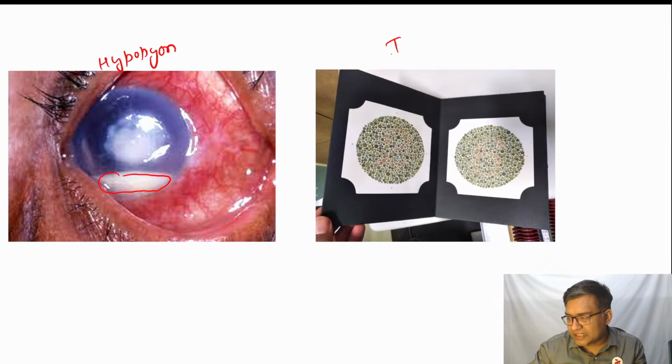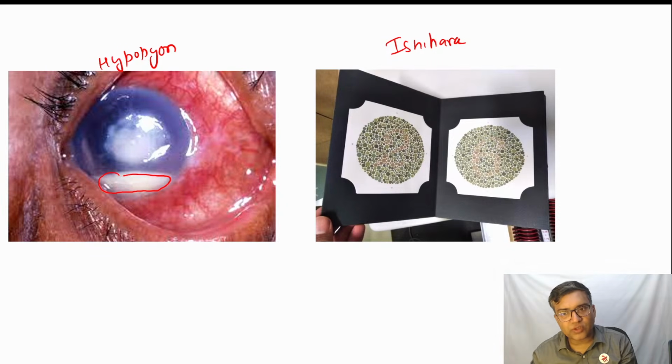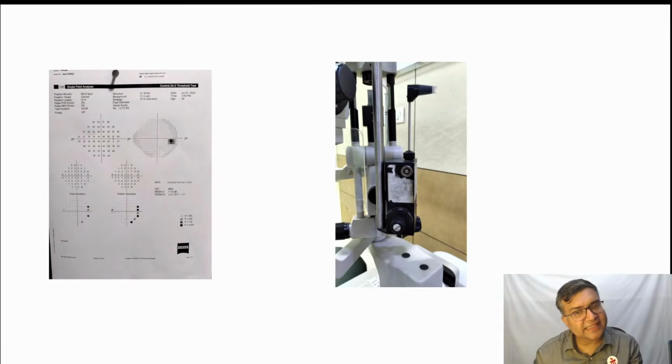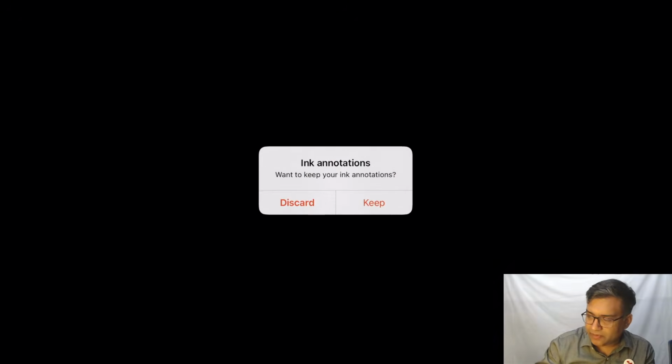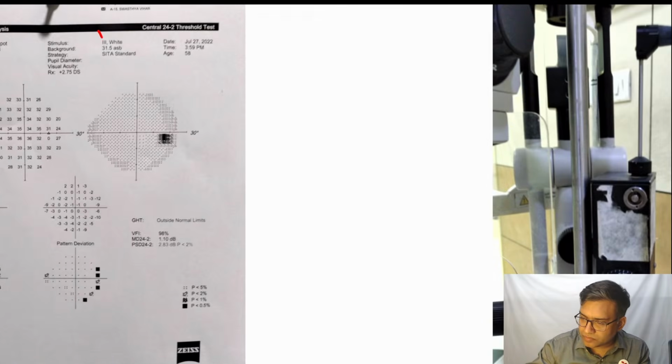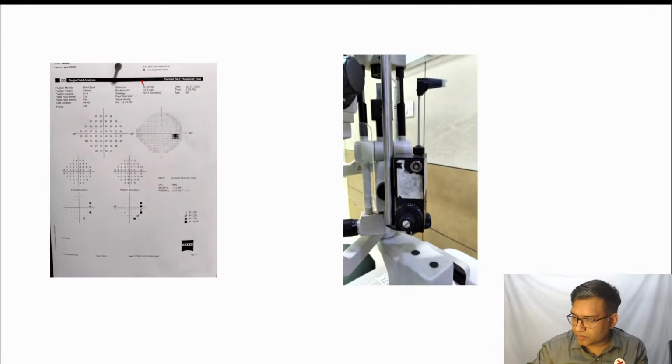This is the Ishihara chart. The Ishihara chart is basically used in patients where you want to detect red-green color blindness. Then this is the perimetry. The type of perimetry is Humphrey visual fields. Here you can see the blind spot,